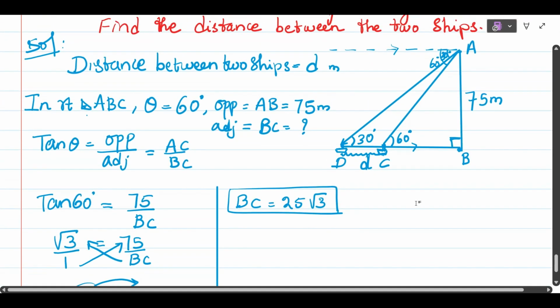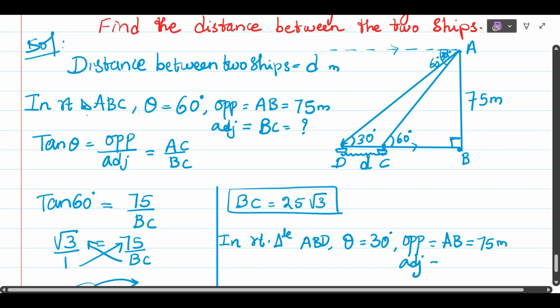So what is another triangle you can see here? Triangle ABD. Okay. Now I am going to take another triangle. So in right triangle ABD, what is the angle here, students? Here the theta angle they have given is 30 degrees. And for this 30 degrees, what is the opposite side? Opposite side is AB and we know that is 75 meters. And what is the adjacent side here, students? The adjacent side is